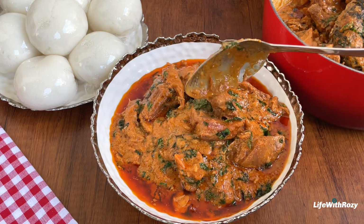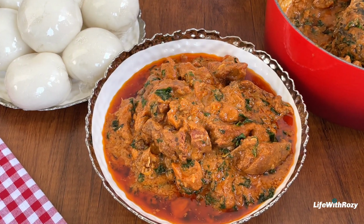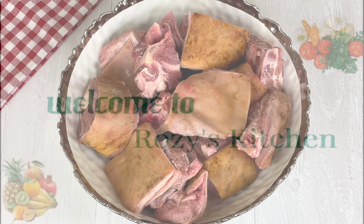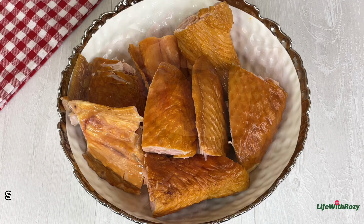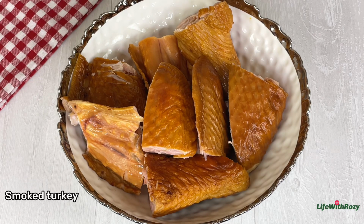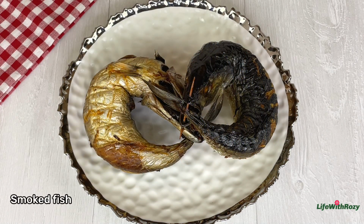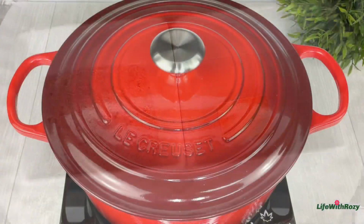Today's recipe, I will show you how to make groundnut soup or peanut soup. I am Rosie. You are welcome to my kitchen. These are the ingredients. You can use any meat of your choice for this recipe. Groundnut soup can be prepared in different ways, but today I'll be showing you just the way my mother makes groundnut soup. To begin,